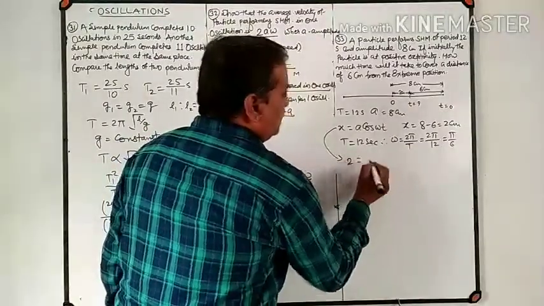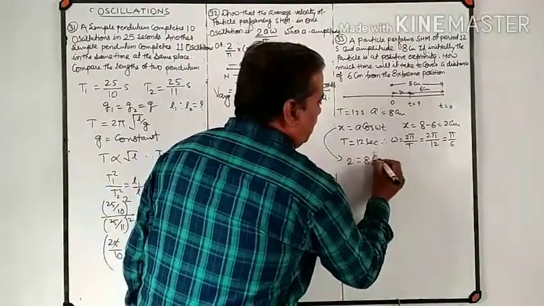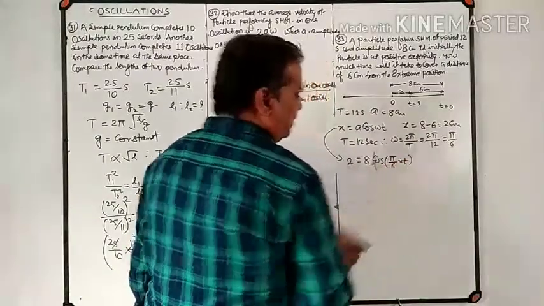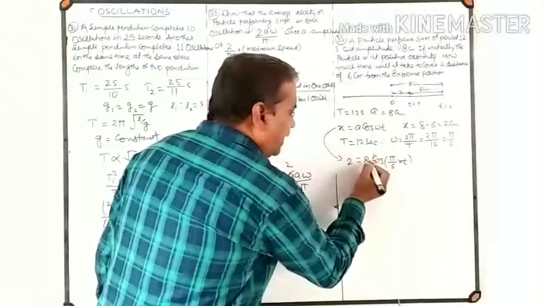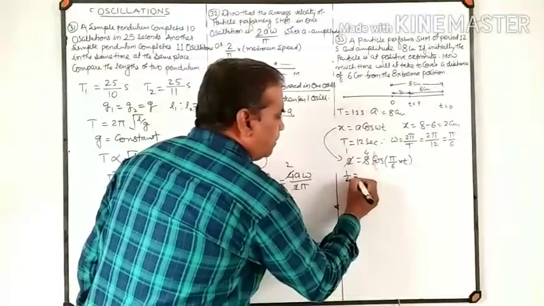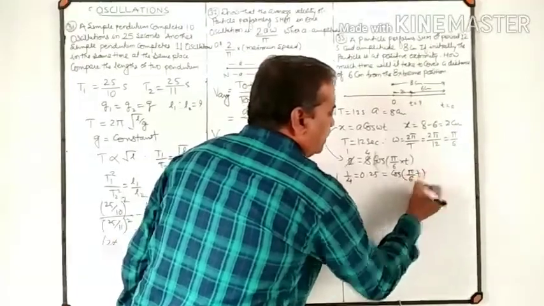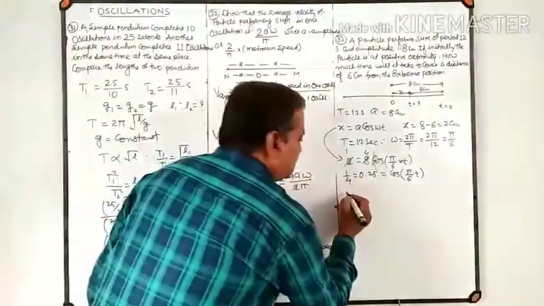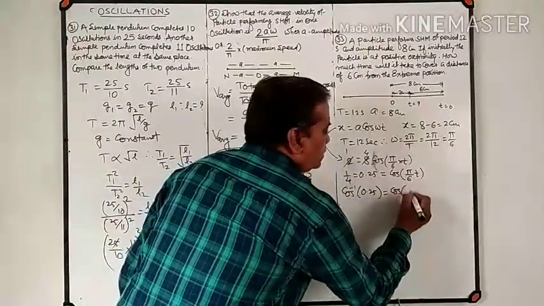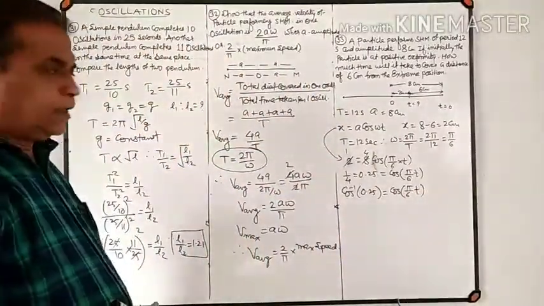We will get x is equal to 2, which is equal to amplitude A, it is 8 cos of omega t. Omega is pi by 6 into time interval t. Now this 2 by 8, 2 ones are 2, 2 fours are 8, it is 1 by 4. That 1 by 4 means 0.25 is equal to cos of pi by 6 into t. Taking cos inverse on both the sides, cos inverse of 0.25 is equal to pi by 6 into t.